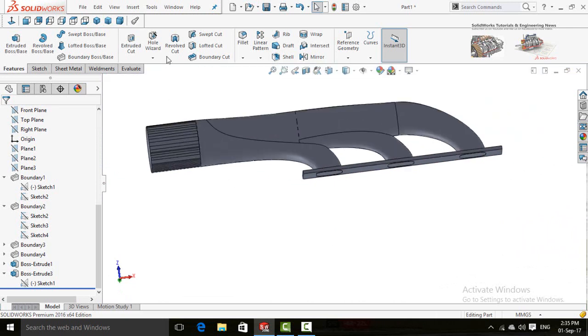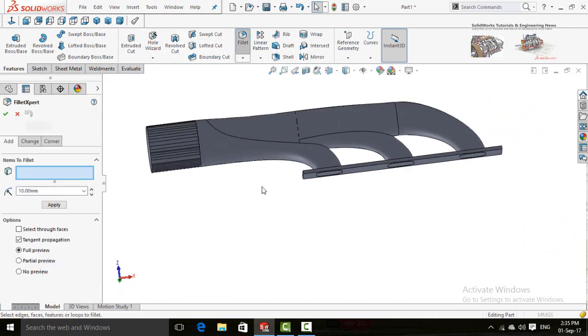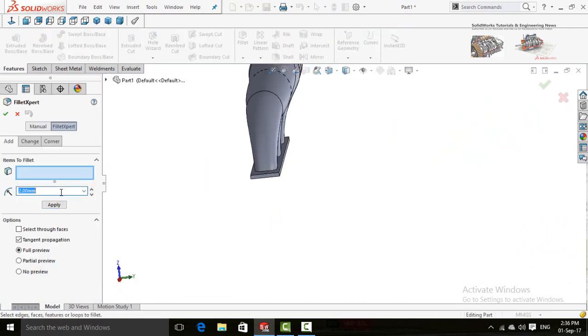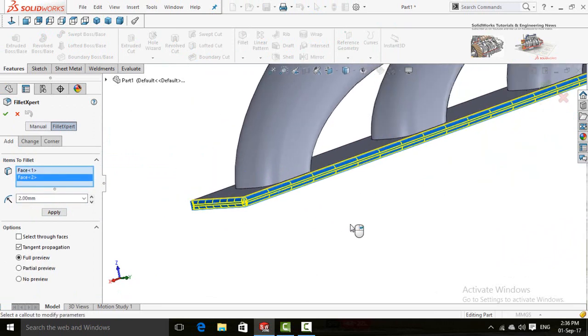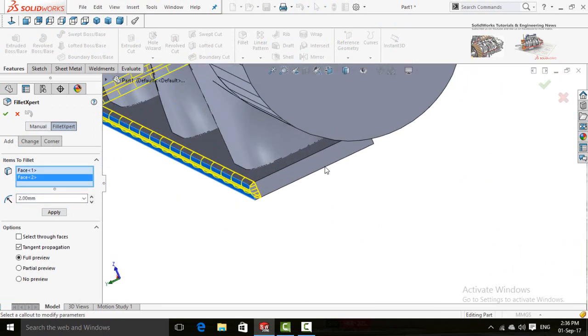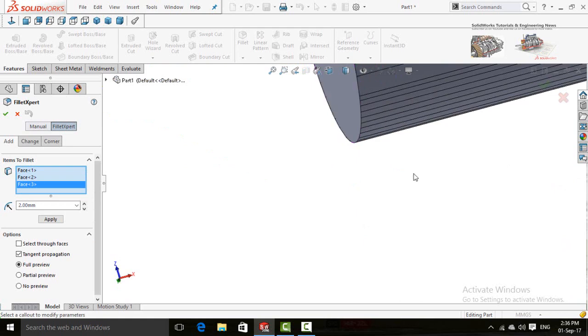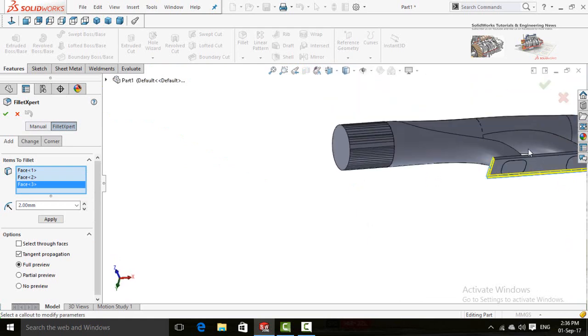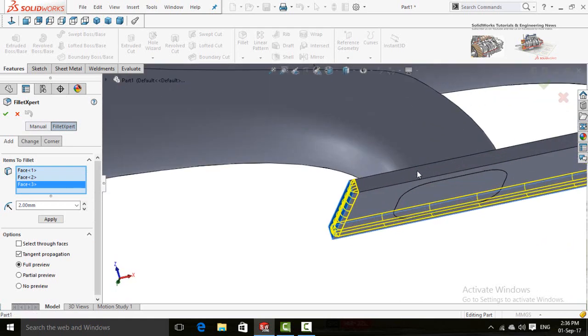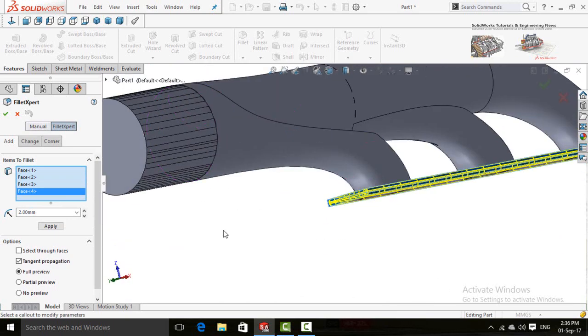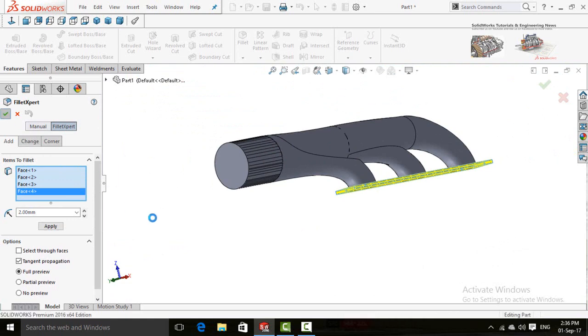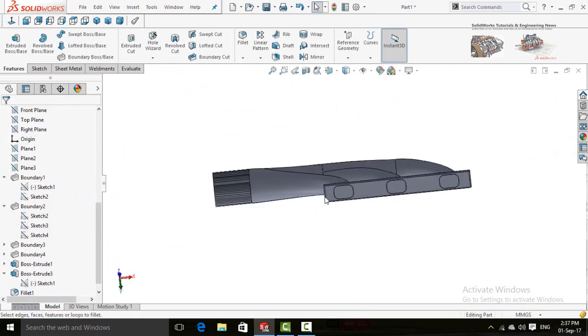Now use fillet command and set the fillet radius 2 millimeters and select all these 4 faces. Press OK button. Now in the Features tab, select Shell command.